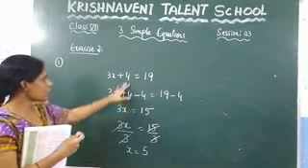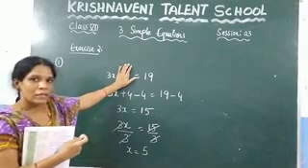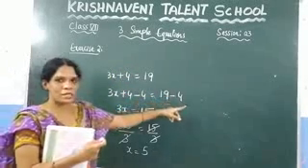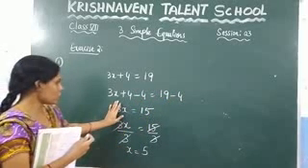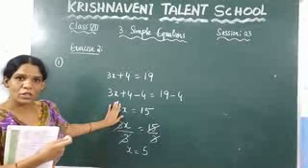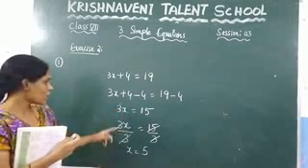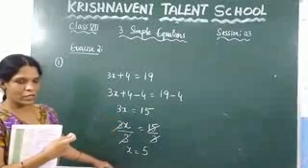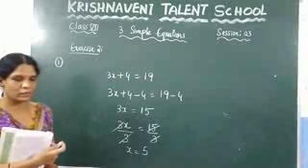So here, first if we remove here plus 4, what we have done? We have added minus 4 on both sides, and this is removed. And after that 3x is there. Now we need to remove this value. Here the operation is multiplication. So what we need to do? We need to divide. Which number? The same number you need to divide. So if you get cancelled, you are getting the value of x, which is 5.